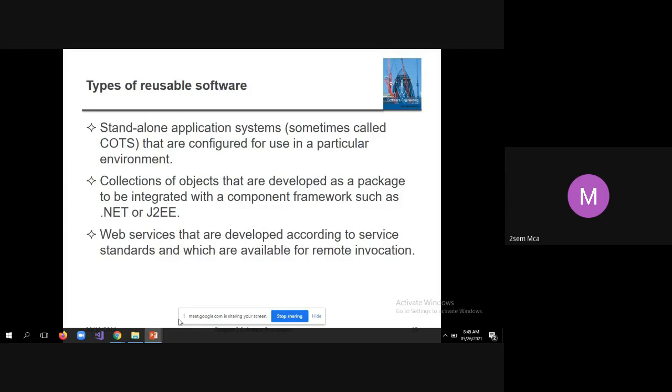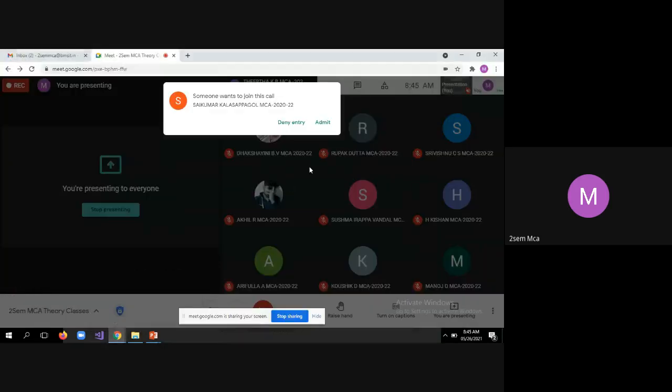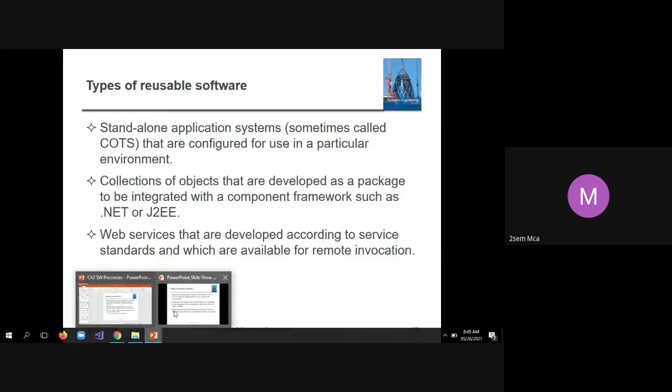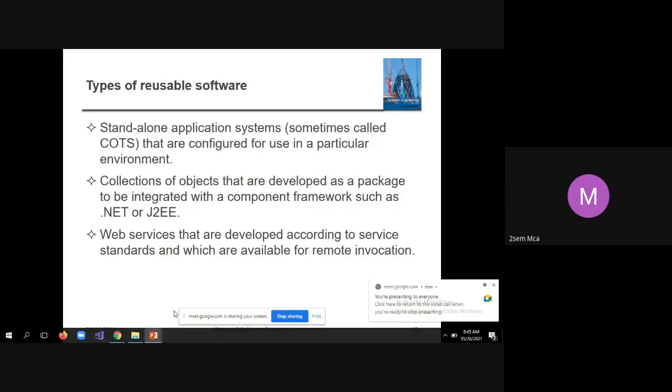Then another example of reusable code is web services. For example, Google Maps is a public web service that can be integrated with any of your applications. Say you're developing a mobile application or a cloud-based application and you want Google Maps for navigation purposes.